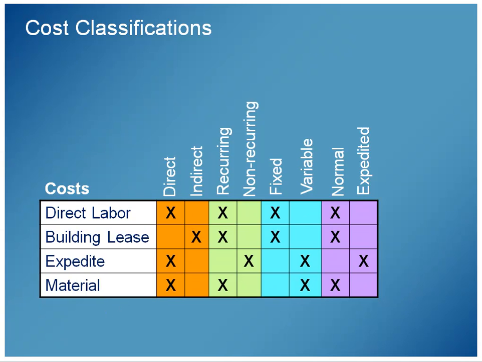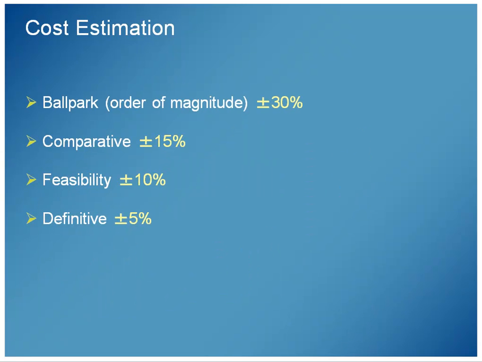Okay, cost estimation. There are 4 categories. This was a good little discussion in the book here, talking about 4 categories of cost estimating. Ballpark, or just an order of magnitude. Now, order of magnitude means to the power of 10, and plus or minus 30% is not truly an order of magnitude. But people say, hey, just give me an order of magnitude, give me a ballpark. We use those terms to mean just a quick, rough estimate. I don't want you to spend a lot of time. I'm not holding you to this, but let me know,